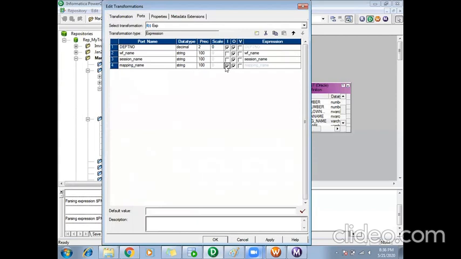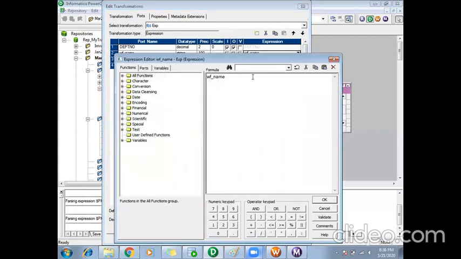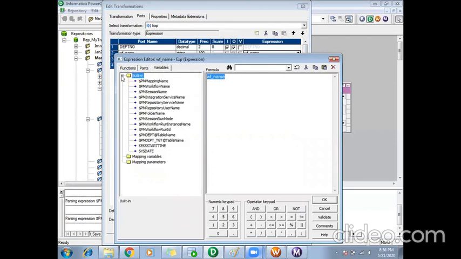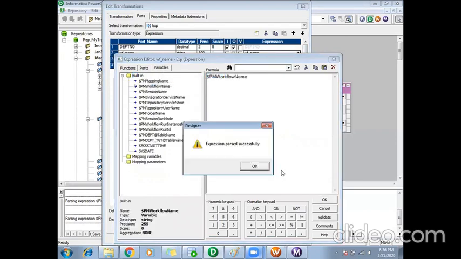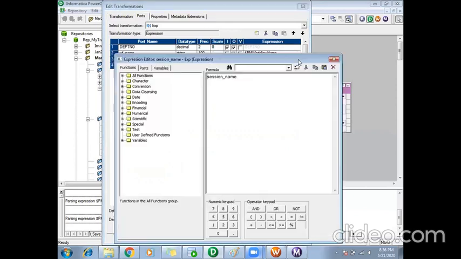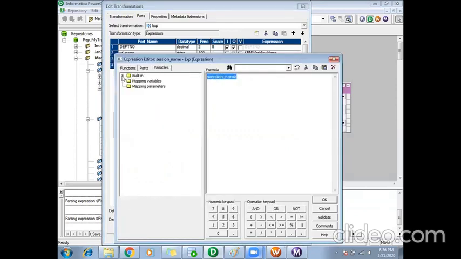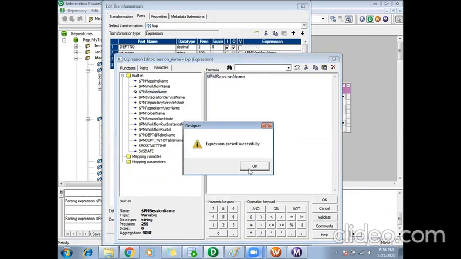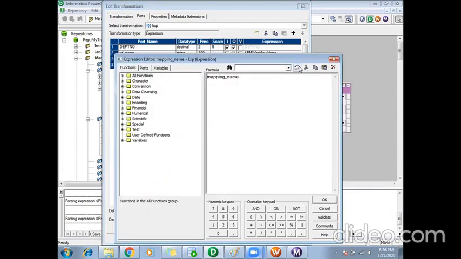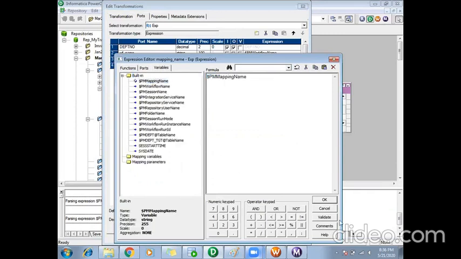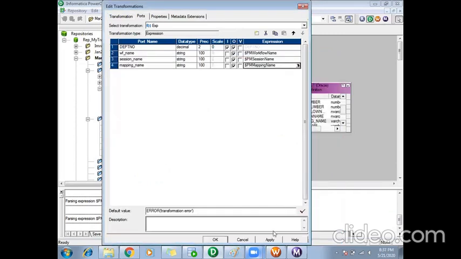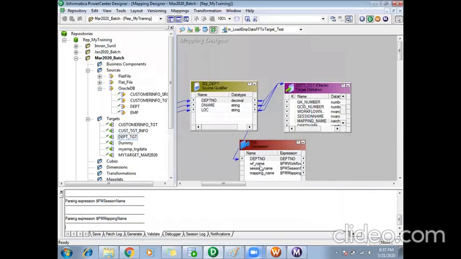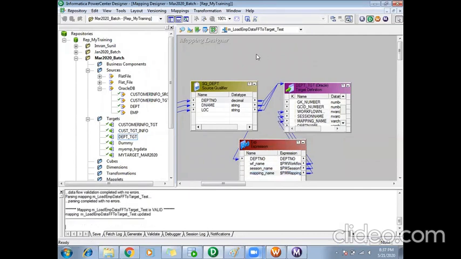Same thing again, I'll get the info from the built-in variables. Okay, so then I'll link this to my target. So even this is done.